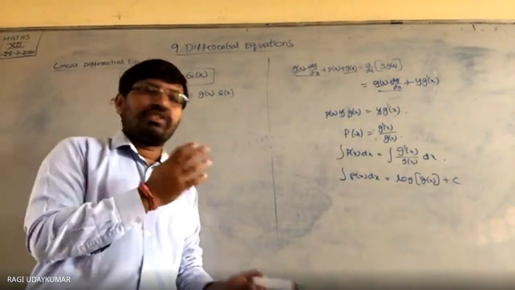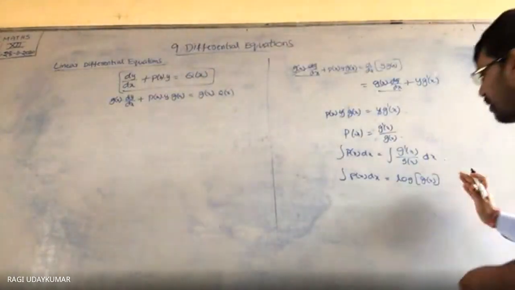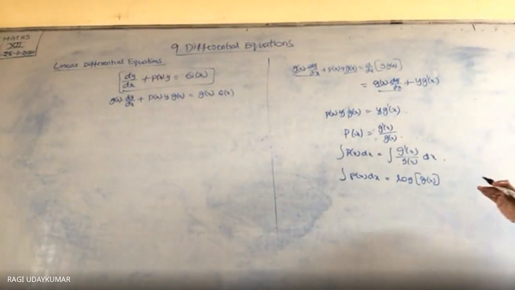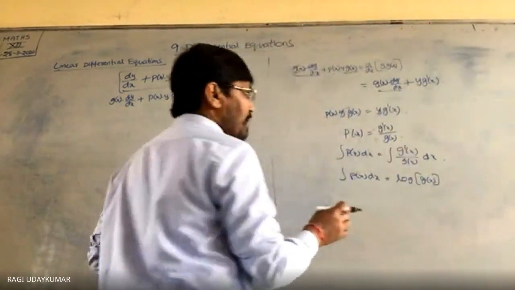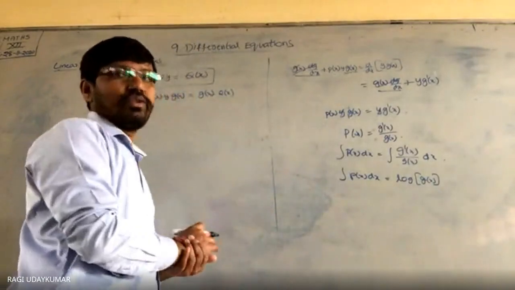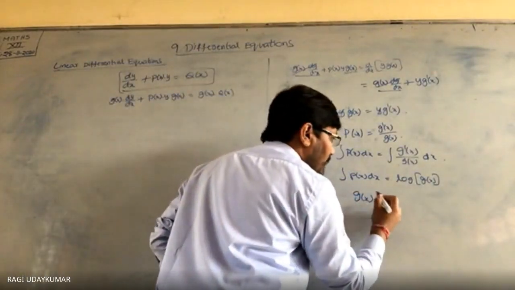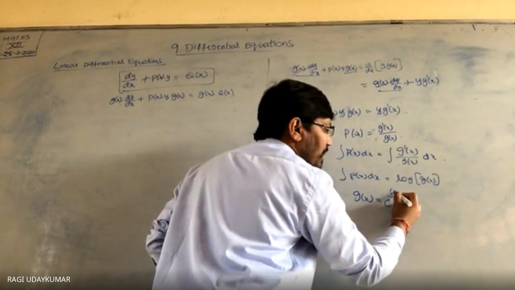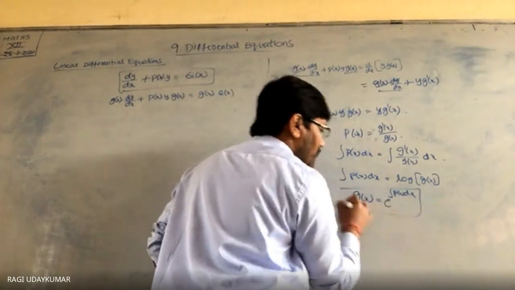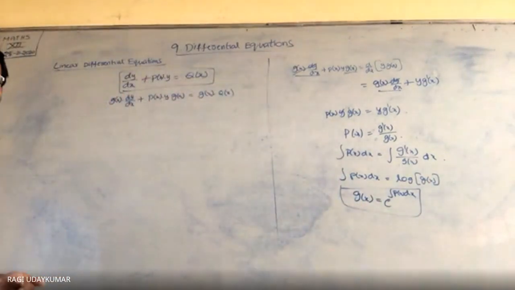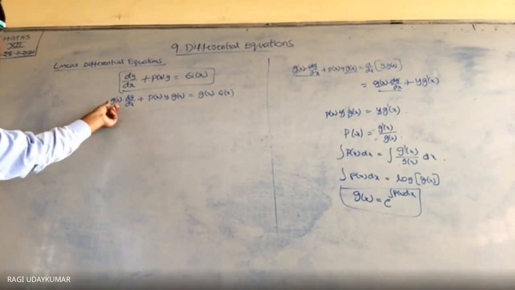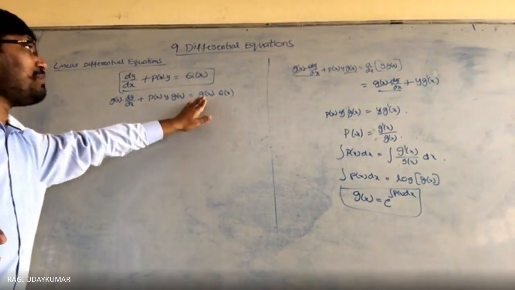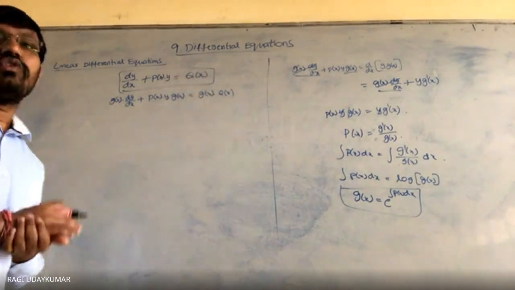Okay, integration of g(x). Here you can avoid the constant whenever you are integrating. And from this, what do you get? g(x) equals, because we need to choose g(x). हम लोगों को g(x) find out करना है. So g(x) equals e to the power integration of p(x) dx. So if you take g(x) as e^(∫p(x)dx), इस place में e^(∫p(x)dx) ले लो, so that you will come to know the solution, why we are multiplying with this g(x).